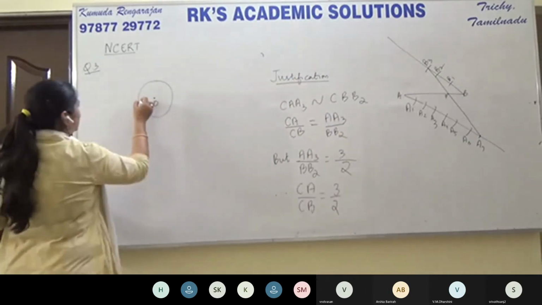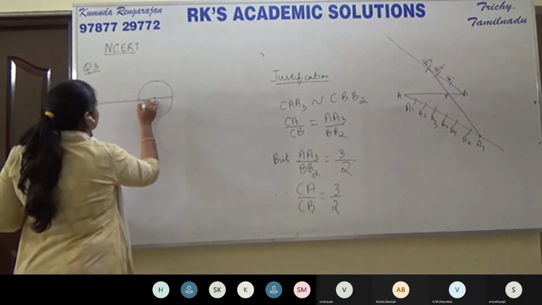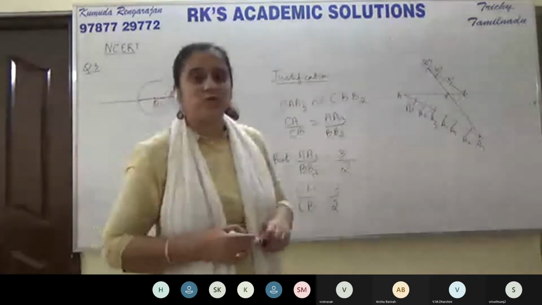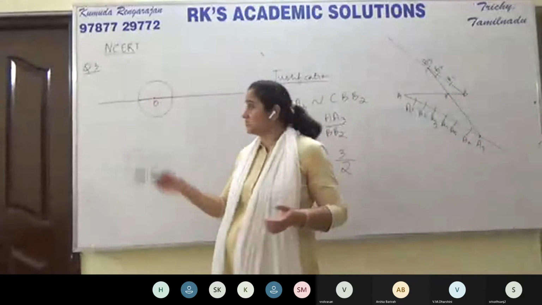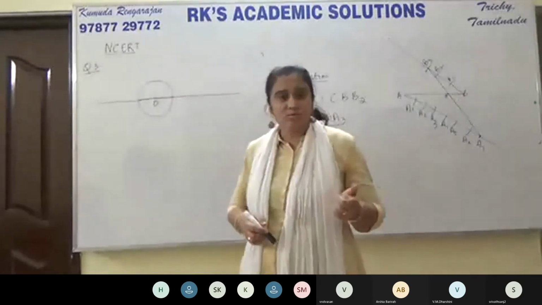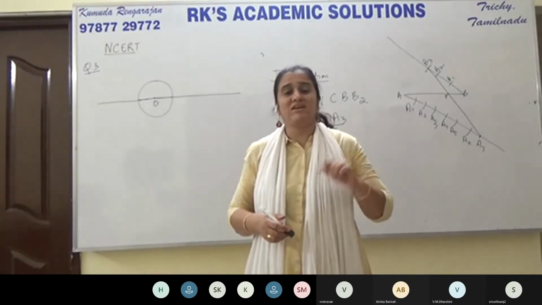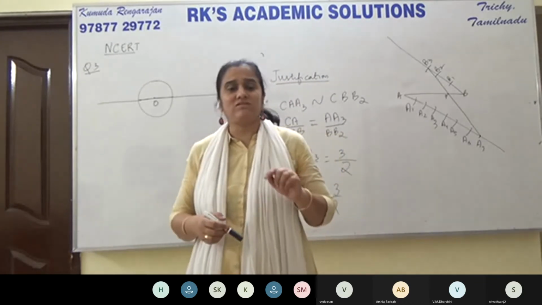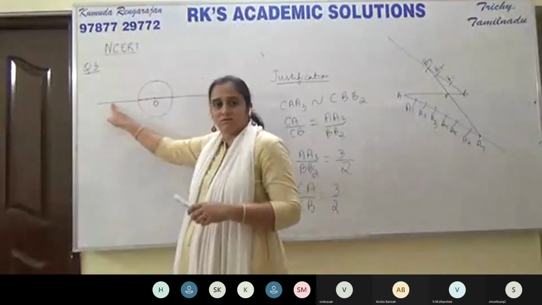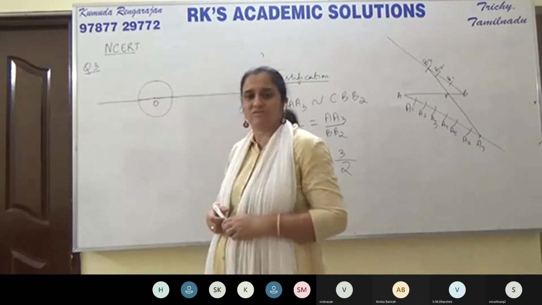So see here, this is the diameter, children. Please look at the board. This is the extended diameter. We need to take 2 points P and Q on the extended diameter. Now the question is, should P and Q be on the same side or opposite sides? They should be at a distance of 7 centimeters from the center. If you take them on this side, 7 centimeters from the center, then that will be P and Q. You cannot get a different point for Q. That means you'll have to take P and Q on the opposite sides.